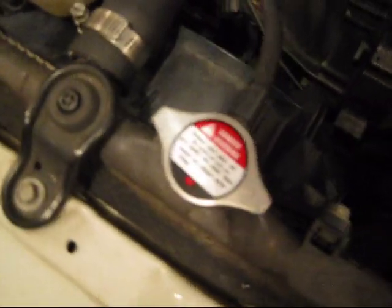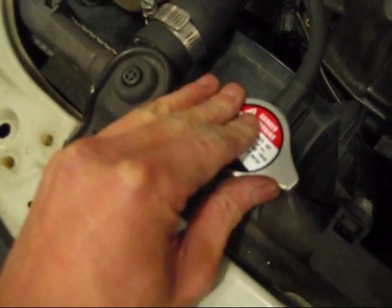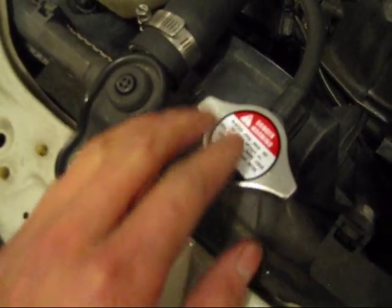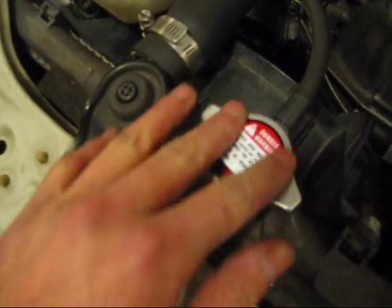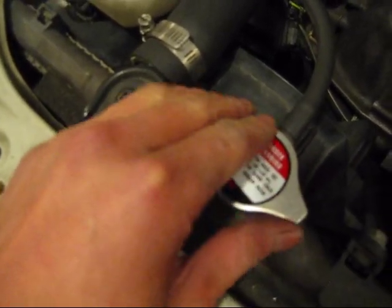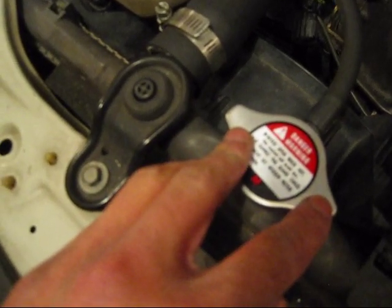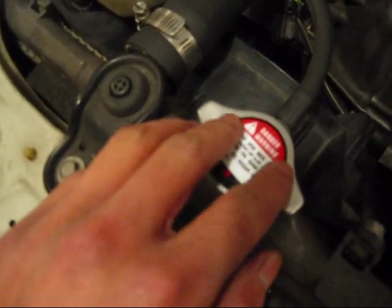So for 6 years, this cap right here never gets extremely hot. Right after I drive the car for like an hour, I can touch this with no problem. It will still be warm, but not completely hot. And I can open this after a long drive and still not get sprayed with coolant, because like I said,